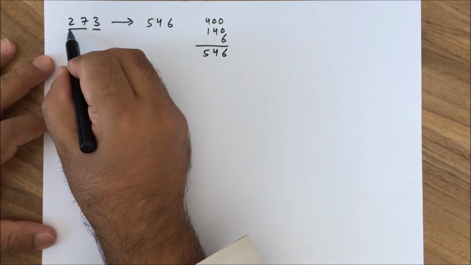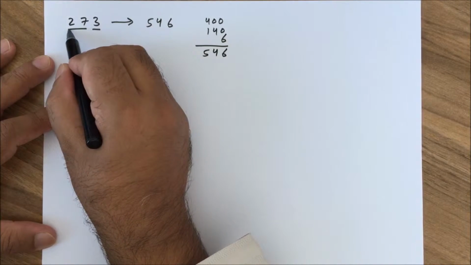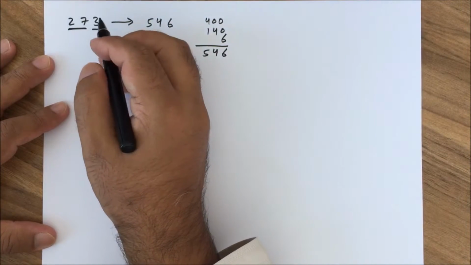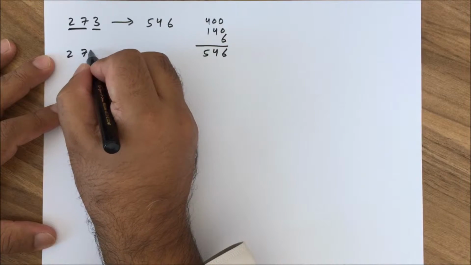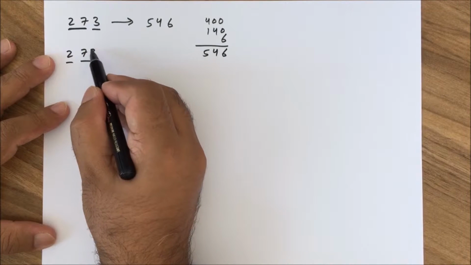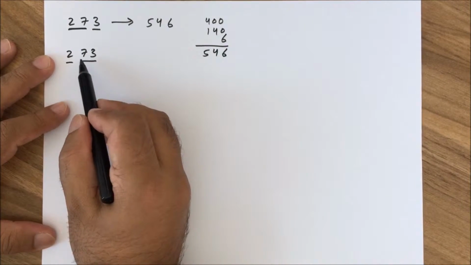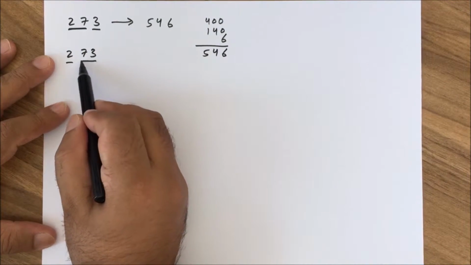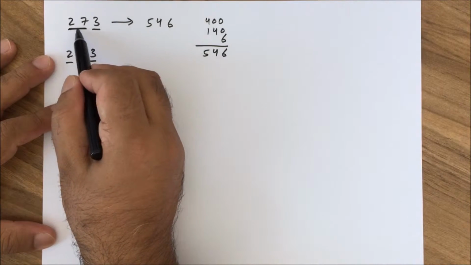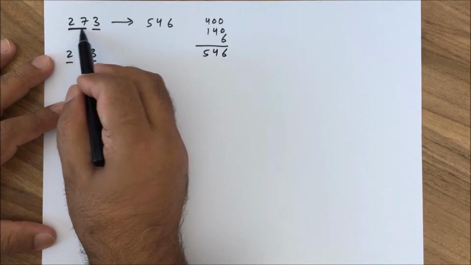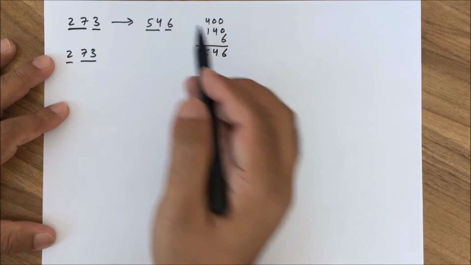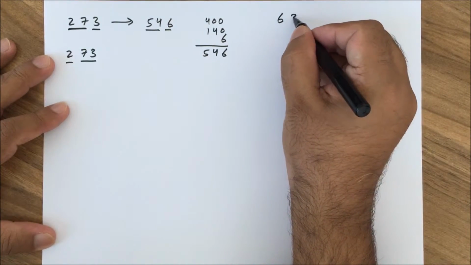You have noticed I have split 273 by making 27 one number and 3 one number. There is a purpose in that. If I split 73 and 2 like that, it will make my life difficult. Why? Because when I double 73, it will give me a carry that I have to add to double of 2. But here I don't have to add the carry. Just double of 27 is 54 and double of 3 is 6.